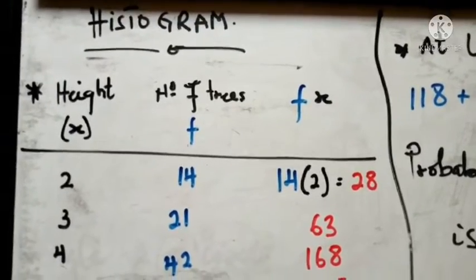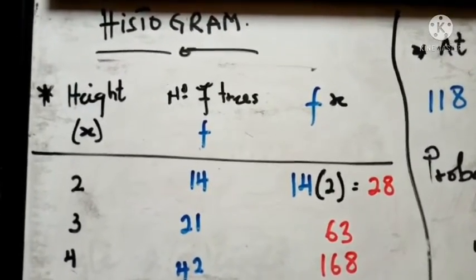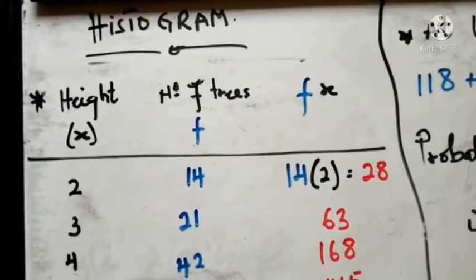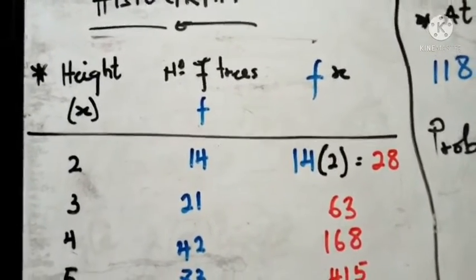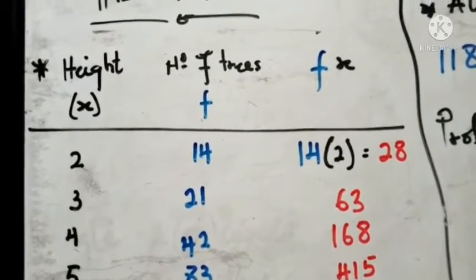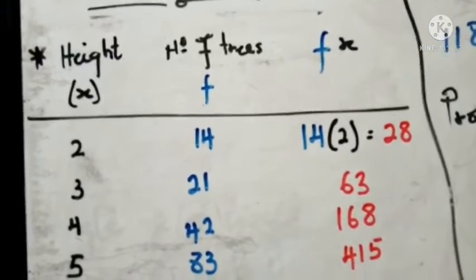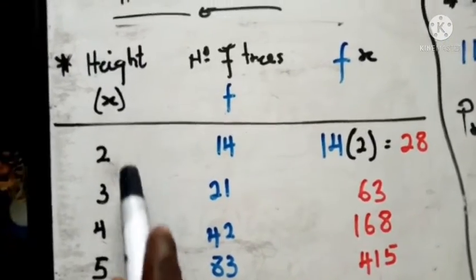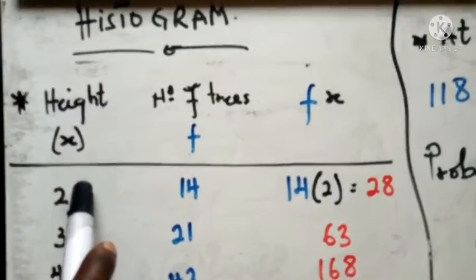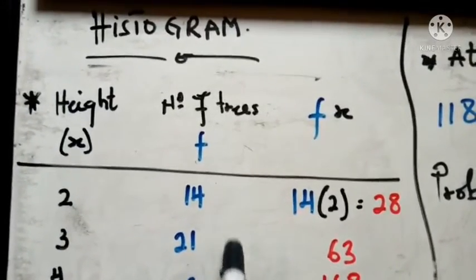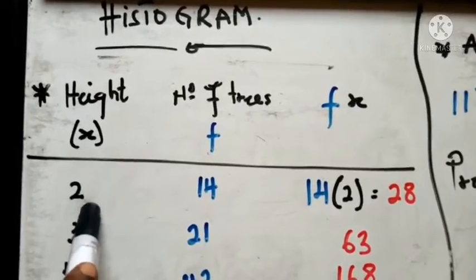You are given a table that shows the height of trees. Okay, so now the first part says that you should draw a histogram. If you don't know what a histogram is, I will demonstrate that by solving this question. Now these are the heights of the trees, right? You have the trees here, so these are the heights, and then these are the numbers of trees that have